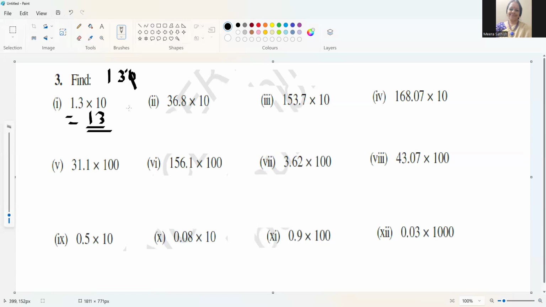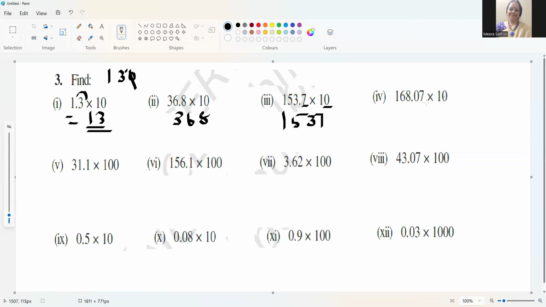Or in the third method, when you are multiplying with 10, 100, 1000, the decimal will move to the right side. Here 1 zero, so the decimal will move 1 place to the right. 1 place to the right, 1.30, that 0 doesn't have value, so 13. So any method comfortable, you can follow it. And here 1 zero and here 1 decimal. So they will get cancelled. 1 decimal, 1 zero cancels, 368. Now here again, 1 decimal, 1 zero, they cancel,